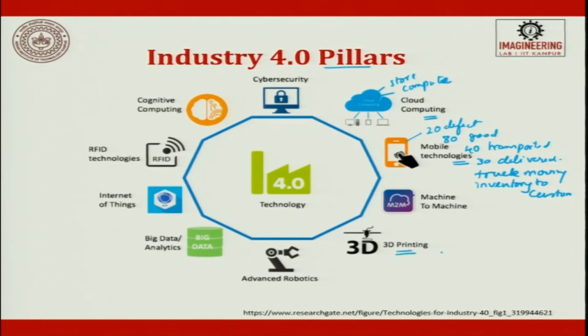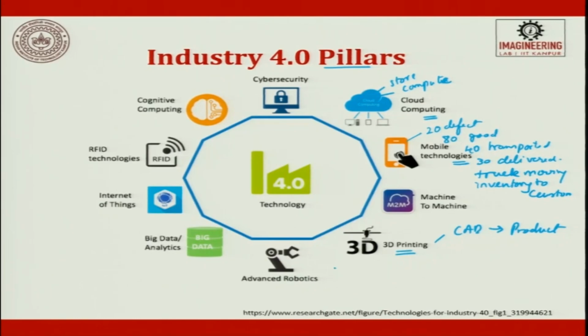Then 3D printing is coming up in a big way. 3D printing is nothing but CAD to product. The CAD is given, slicing is done and then all the information is given to the printer. Earlier, what was talked about was polymers; today we talk about elastomer printing, ceramic printing, metal combined with ceramic printing. All these things are possible today.